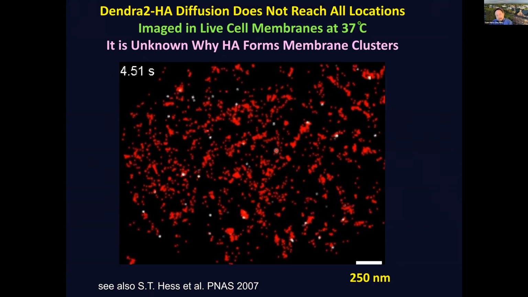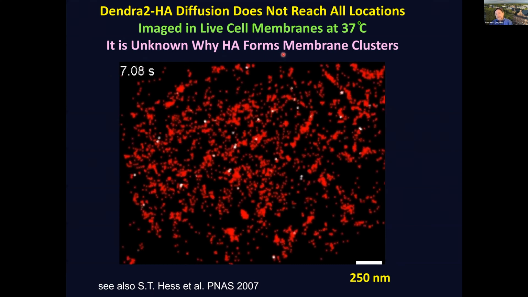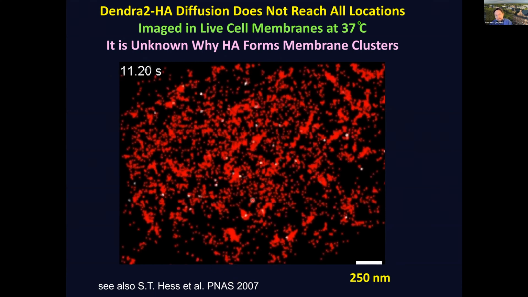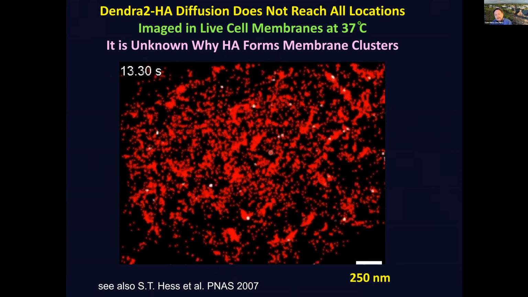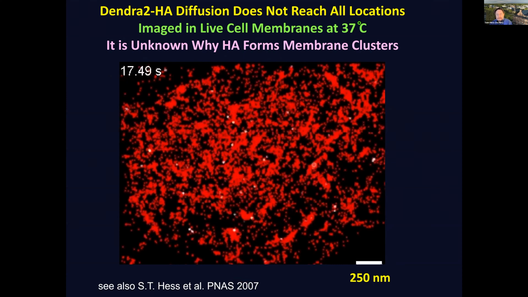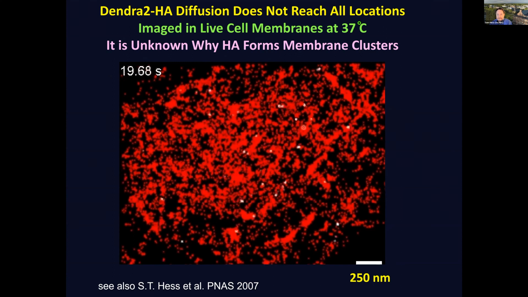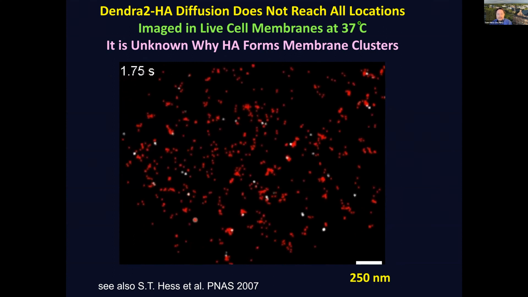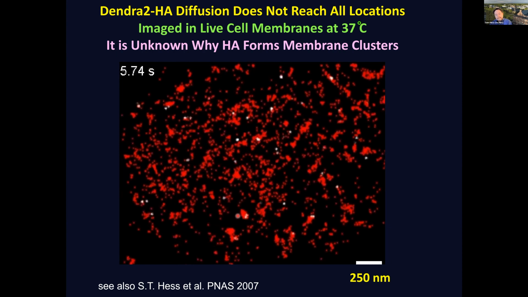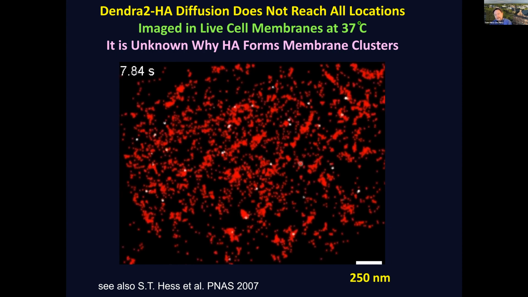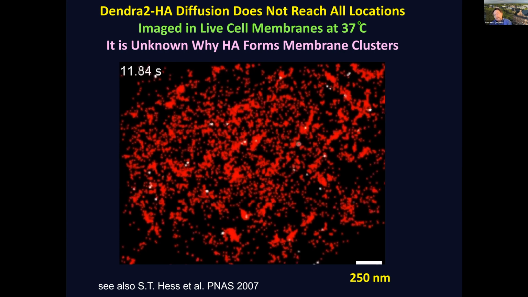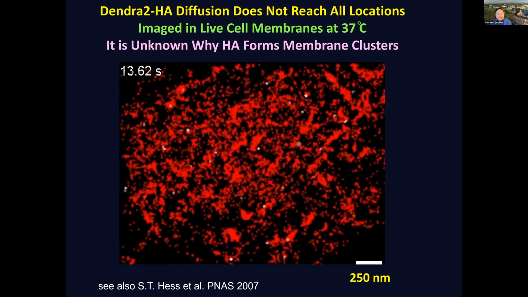Looking in live cells, we could see something intriguing. And I would mention that we were the first to do localization microscopy in live cells in this 2007 paper, where we saw that HA was confined to these elongated regions and doesn't go into some regions of the membrane, even though there's plenty of mobility and time for the molecules to reach those locations. Why did they not go in some places? And why are the places they go elongated in shape?